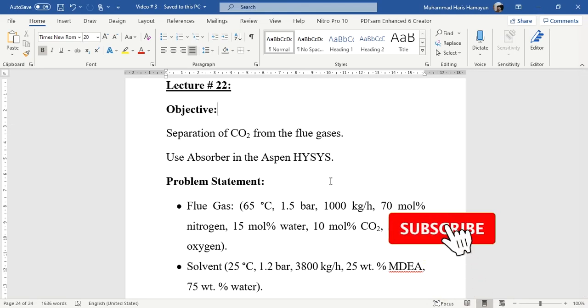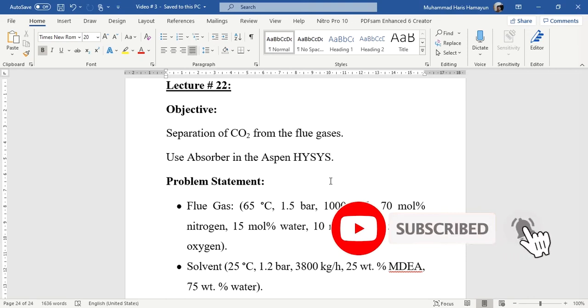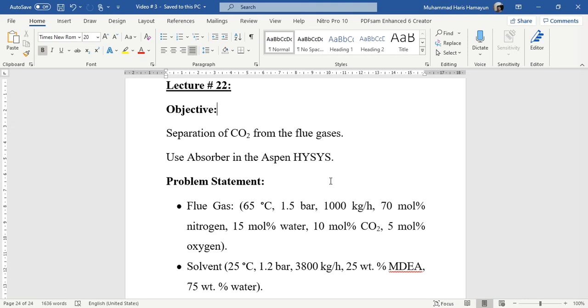In today's simulation exercise, we will use an absorber in Aspen HYSYS to separate CO2 from the flue gas. As we know, the purpose of removing CO2 from the flue gas is to lower greenhouse gas emissions. So let's first read the problem statement: the flue gas is at a temperature of 65 degrees centigrade,